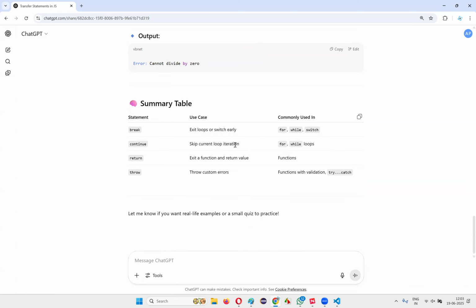Continue statement will skip the current iteration, whereas break will exit all iterations. Whereas the break statement, when it gets encountered, will exit by cancelling all the iterations. Okay, fine. Wherever it got encountered, from there all the iterations will be cancelled. But continue will only cancel the current iteration, and the next iteration will be continued. Fine. So hope guys with this